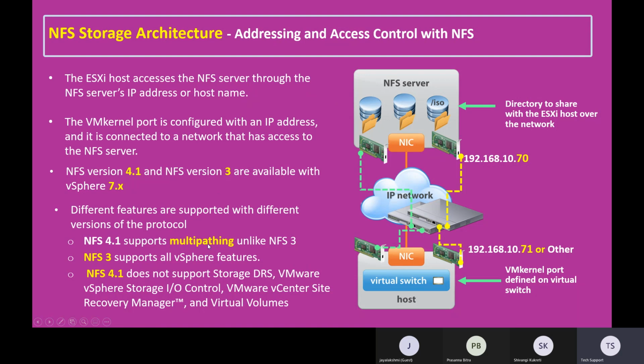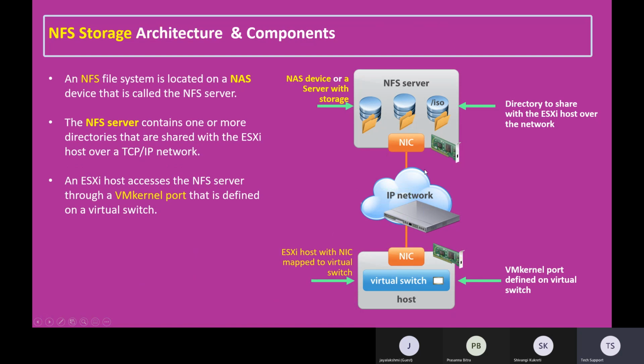Here, multipathing means, let's try to understand multipathing from our diagram. Suppose you refer to the architecture diagram, here there are connectivities. In our previous diagram, I showed the architecture with one NFS server running with one NIC card and the host running with one NIC card. But in a real-time production scenario, one NIC card is not recommended. We should maintain a minimum of two NIC cards for redundancy purposes,